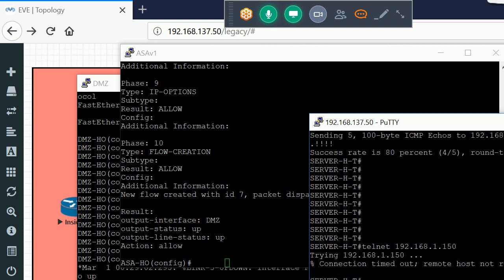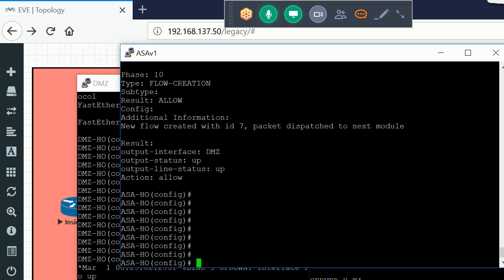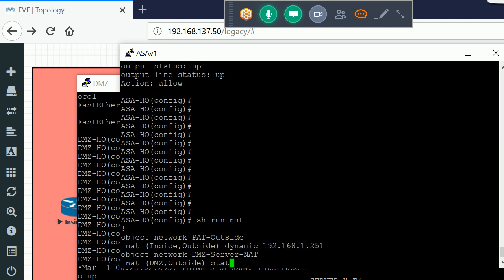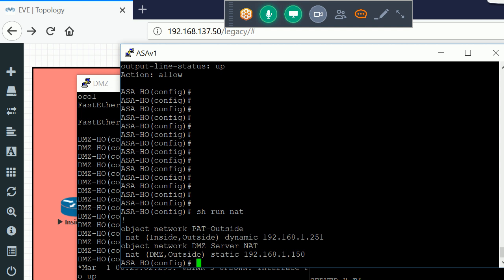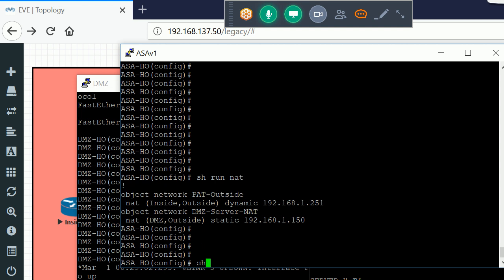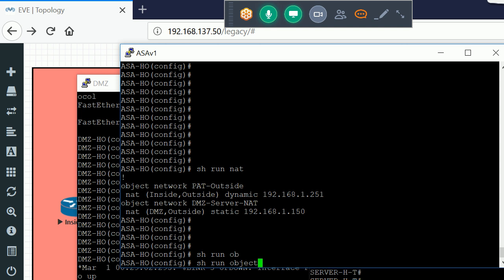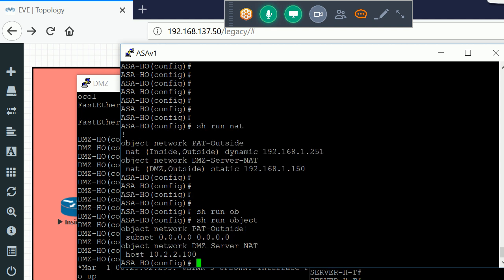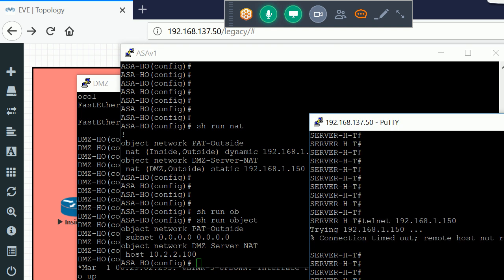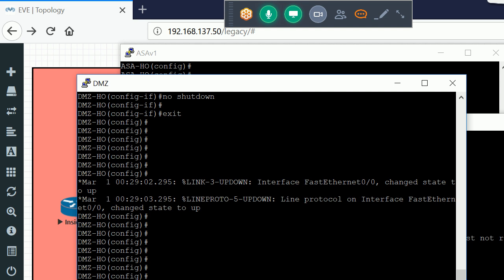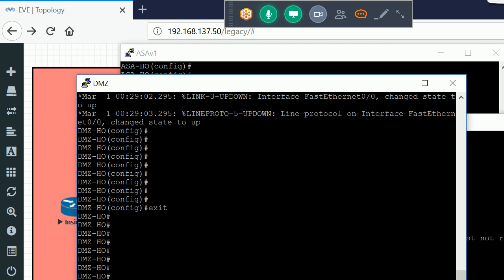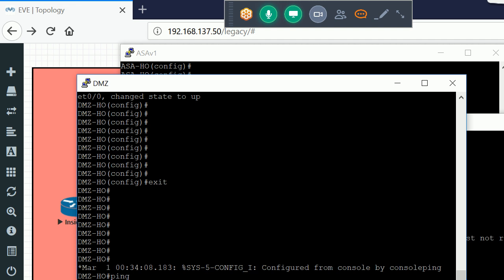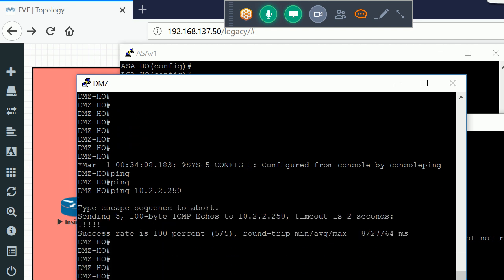This time I should definitely get the access. And it is showing me this: remote host is not responding. I don't know why. 10.2.2.250 is pinging.